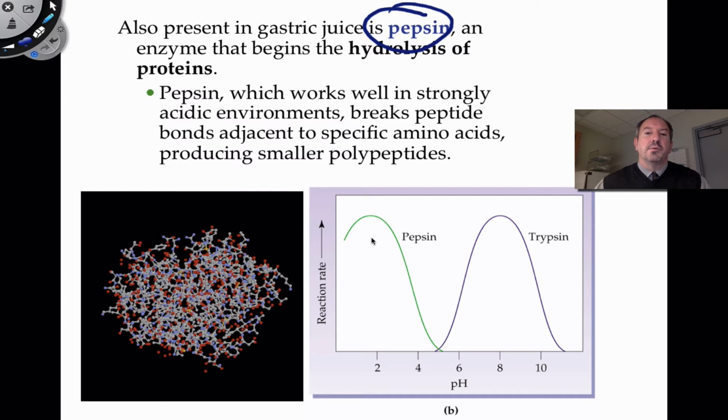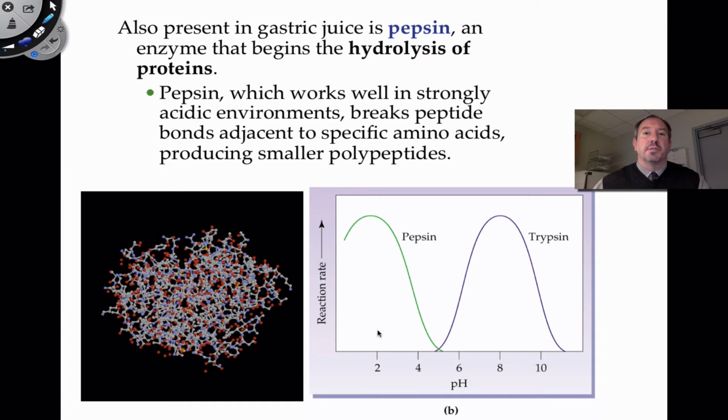As it turns out, when you look at its activity, in other words, how fast it's working, you're like, well, what does it do? It speeds up the breakdown of protein. What we call that is hydrolysis, water splitting of protein. Proteins, as you may know, are polypeptides, and you can break them down with water; pepsin speeds that up. But what's curious is that pepsin, maybe not surprisingly, is most active at that low pH because that's the